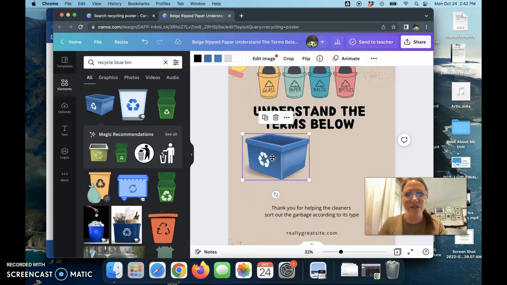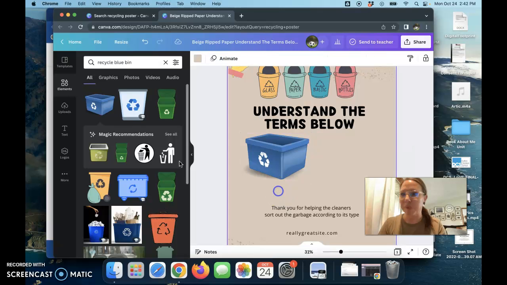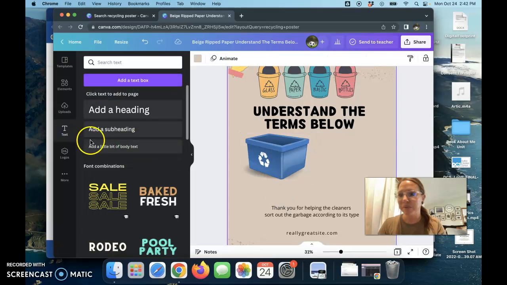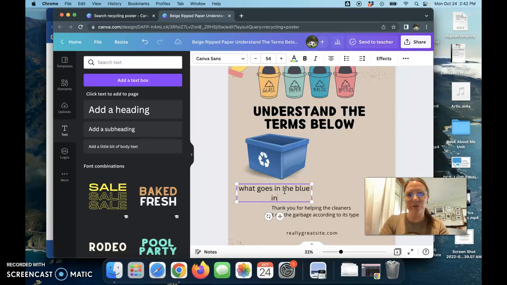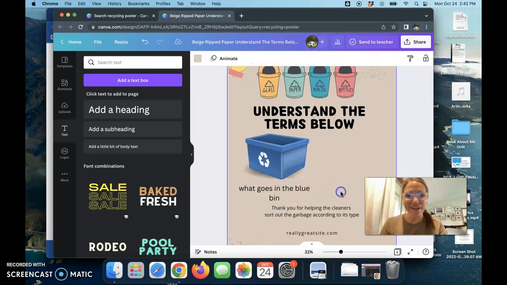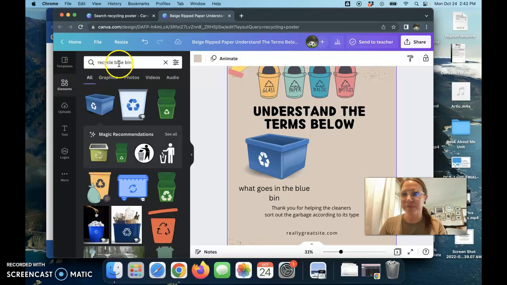Maybe underneath it, we want to add a text box. So we want to add a little bit of body text. We can grab it, and move it, resize it, and we can type here what goes in the blue bin, except you'll actually write what goes in the blue bin. And then on this side, we might do an element,